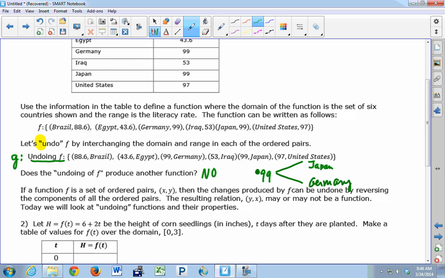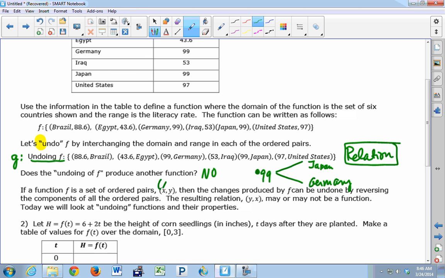A relation, right? So even though it's not a function, this is called a relation. Remember, a relation doesn't have that special condition that for each input there's one and only one output. It's just a set of any ordered pairs. Okay, so if a function f is a set of ordered pairs, and we'll call it xy, remember we could